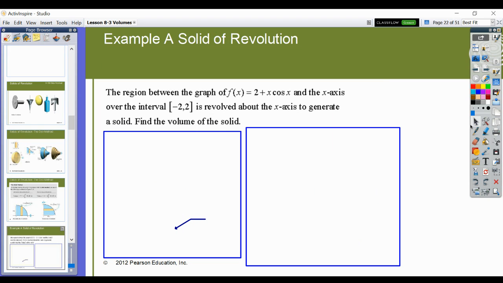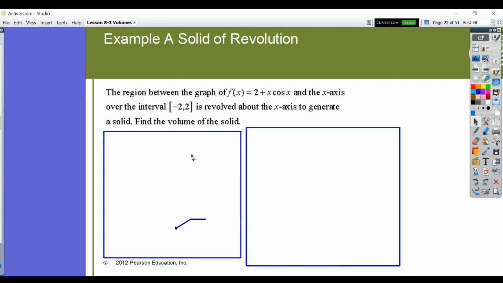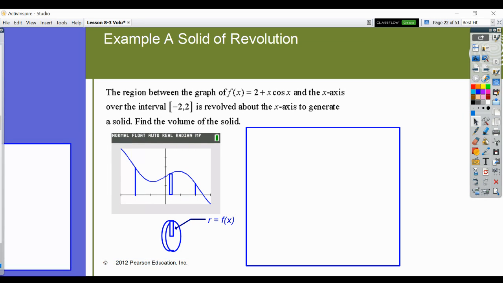So for our first example, the first thing we need to do is have a picture of what we're doing. So we have the region of the graph 2 plus x cosine x. You might not know what that looks like. You might want to take a graph of it. And the x-axis over the interval from -2 to 2. So what does that look like? Well, from -2 to 2 means I'm going to look from here to here. We have the graph of 2 plus x cosine x. That's this graph here. And I'm going to take the region between that and the x-axis,